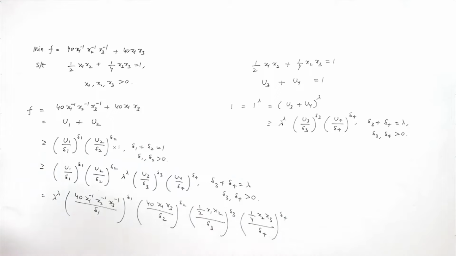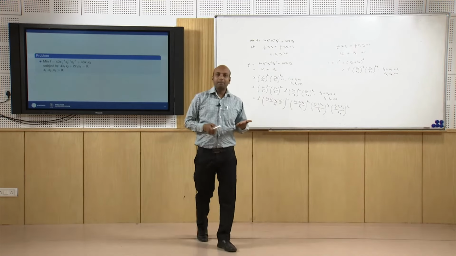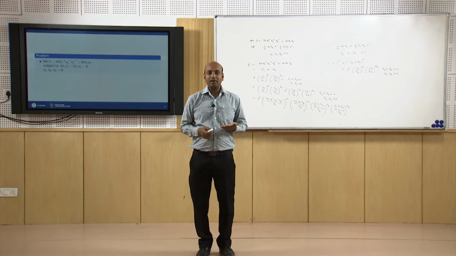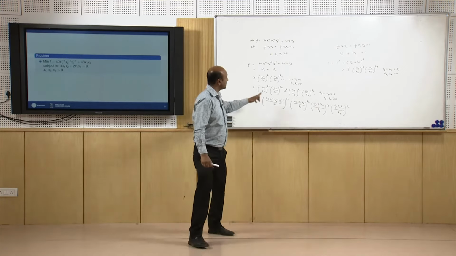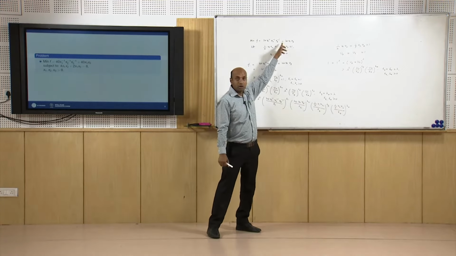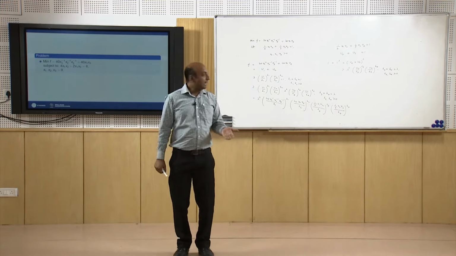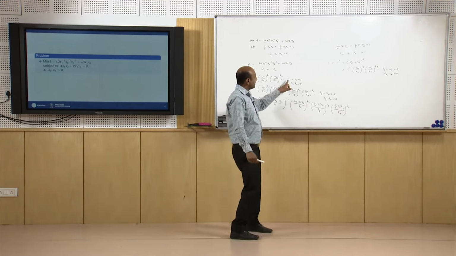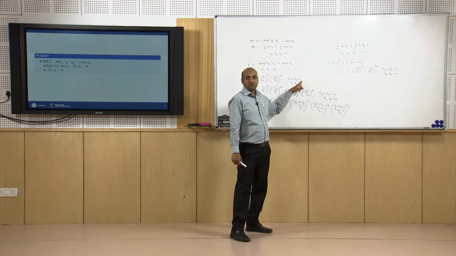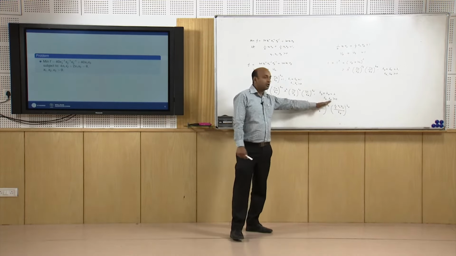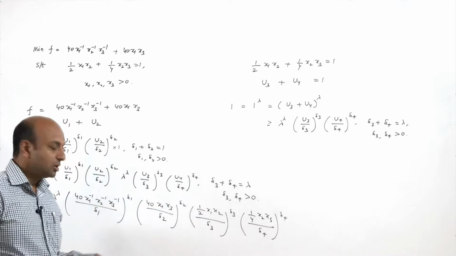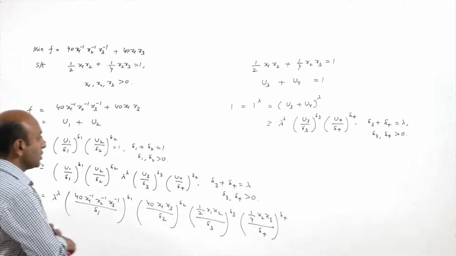Now, again you will collect the powers of the variables. Here we are having 3 variables x1, x2 and x3. You collect the powers of x1, x2 and x3, put them equal to 0, and also delta 1 plus delta 2 equal to 1. Apply this condition and try to find out the maximum value of the right hand side. So, what are the equations we will obtain?